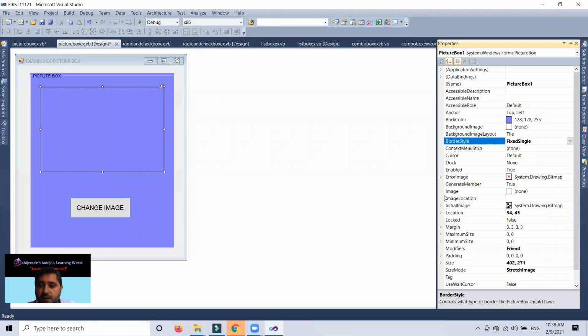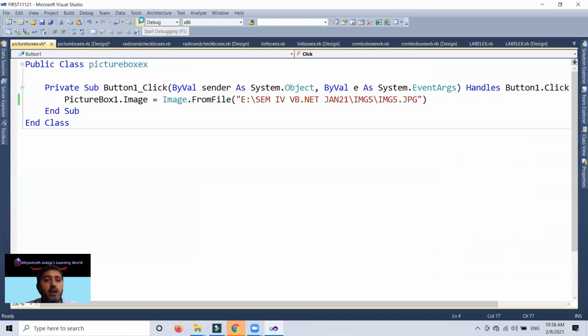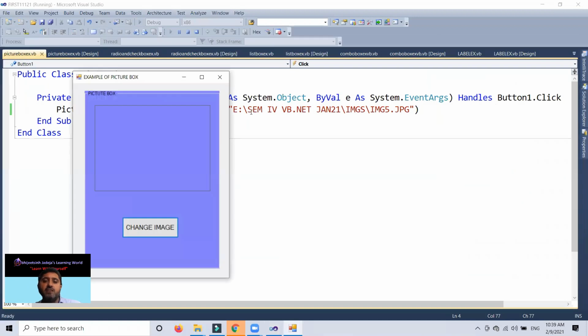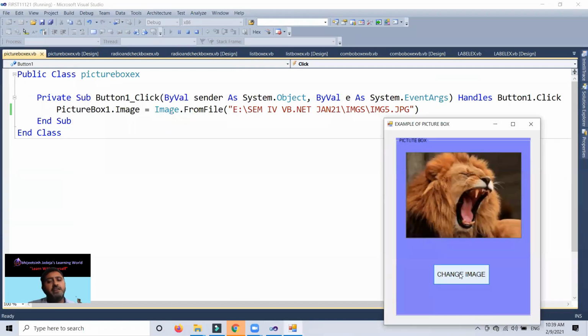Then after this is the image property we are using as a dynamic level on the button's click event. And the size mode property, if you put it down as stretch image, what will be the change? Now you can see the effect of this size mode property. In the size mode property I put it down as stretch image. When I click on it, now it is perfect and my image is loaded in my picture box according to